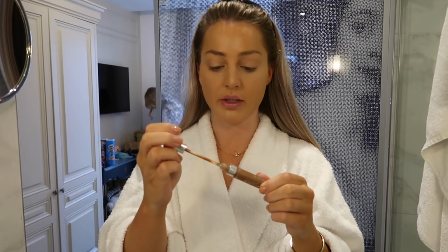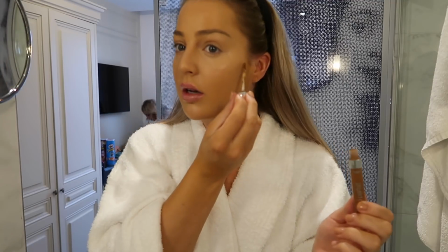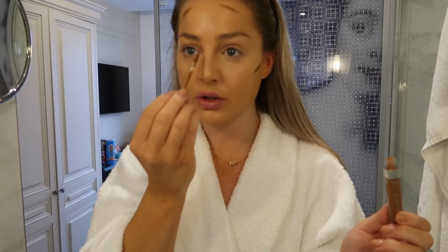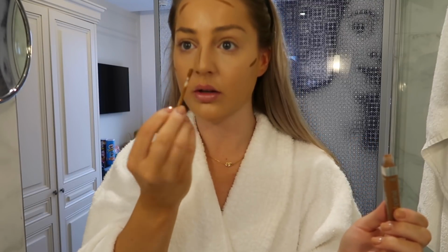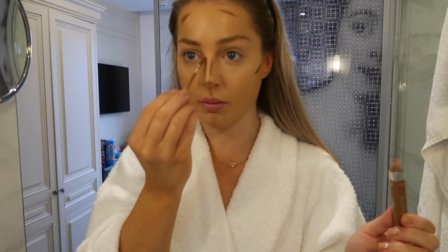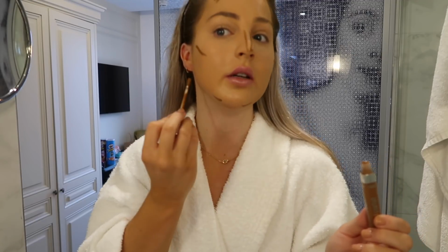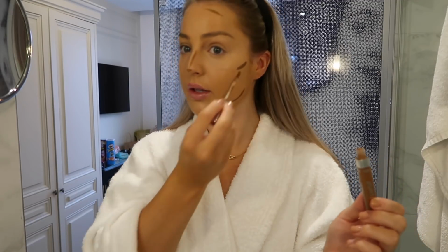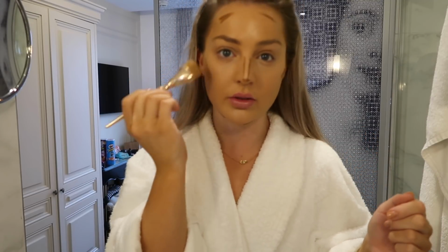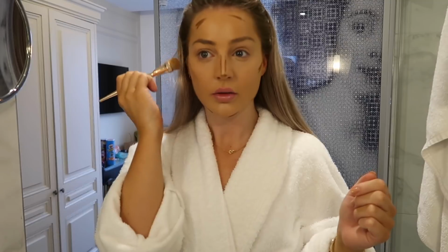Okay, and then I've been borrowing Jess's. This is actually the same as the concealer, but it's just a darker one, and I've been using this for contouring. You literally just need to put a little bit because it's actually quite dark, and it blends quite well. So I'm just going down the tips of my nose and at the bottom, chin and jawline, because we want a thinner jawline. And then I use the thinner Iconic London brush just to blend it out, and I always blend on my cheeks upwards like this, you can see,